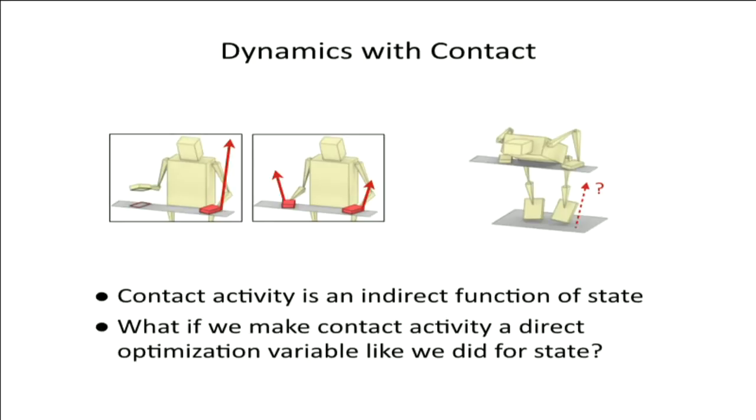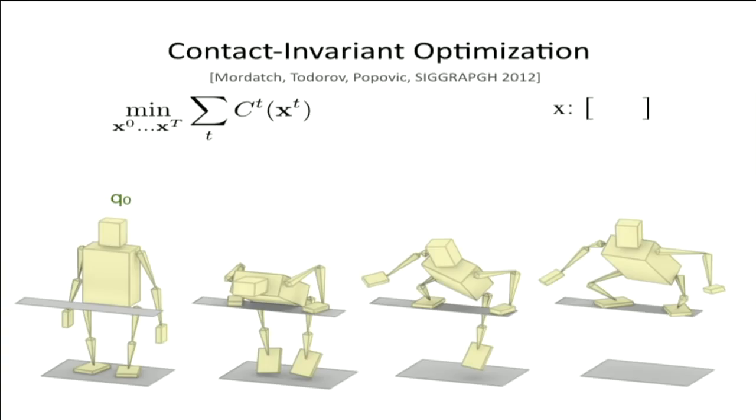So in general, the issue is that contact activity is an indirect function of state, much like, in shooting methods, the states were an indirect function of the controls. But what if we make contact activity similar to collocation methods, or similar to that philosophy? What if we make contact activity a direct optimization variable, like we did for the states? And so that brings us to contact invariant optimization, which is some of the work that we were doing,